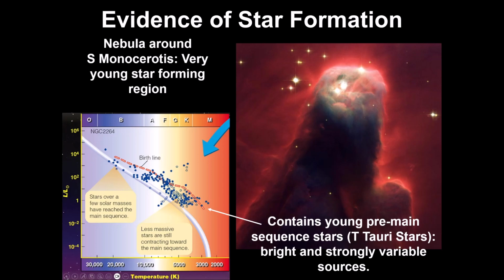One of the issues we have when we look at these regions of space is that sometimes they're so distant that you can't really do parallax measurements very easily. So sometimes you can't tell if an object is actually in the foreground or the background. There's ways that you can decipher that information, but it's kind of beyond the scope of our discussion right now. But that's just what the difference is. So it appears, even for just the solid circles, that most objects have crossed the birth line. So it seems like most have started fusion reactions.